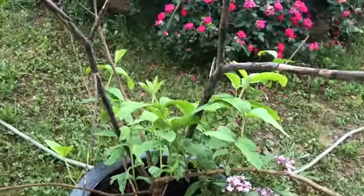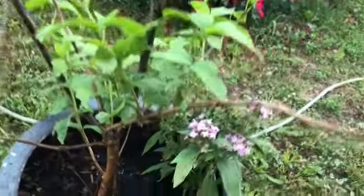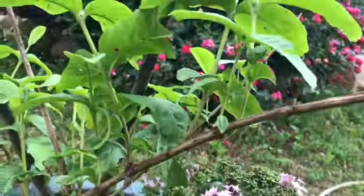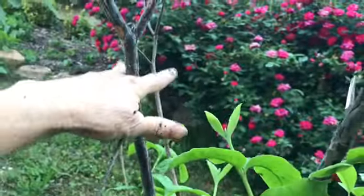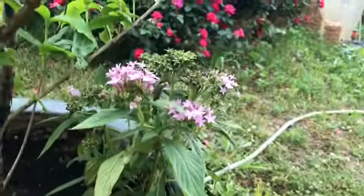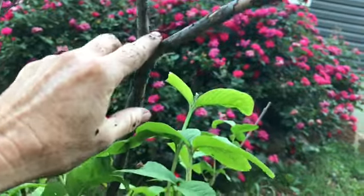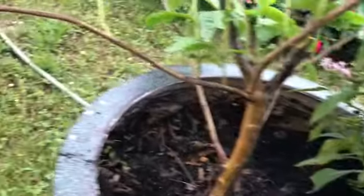So I'm not going to prune anything. With the guava, you kind of let it do its thing. Get the branches that look good with the foliage. In about 4 weeks, yeah, about 4 weeks, then I'll prune everything. But I want to see what's going on here. See, up here we have a leaf bud. That's it on the